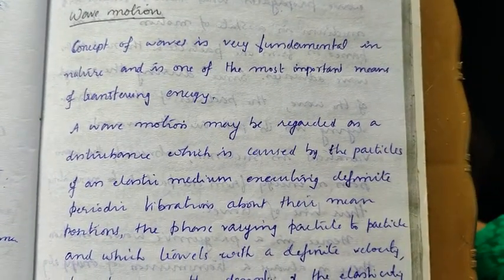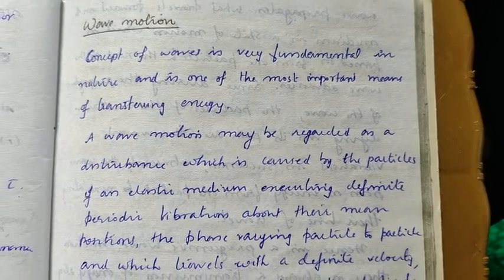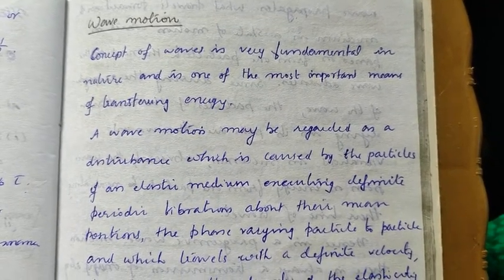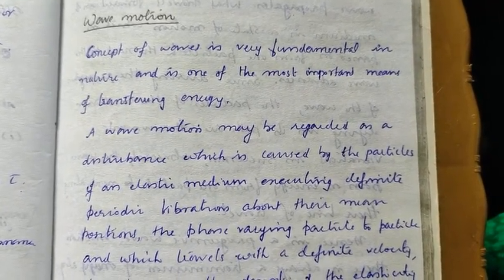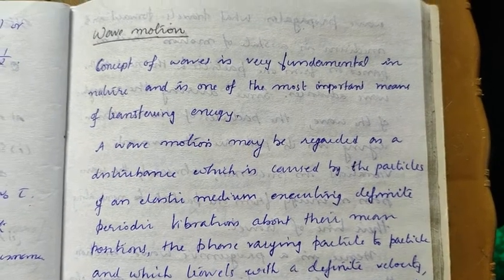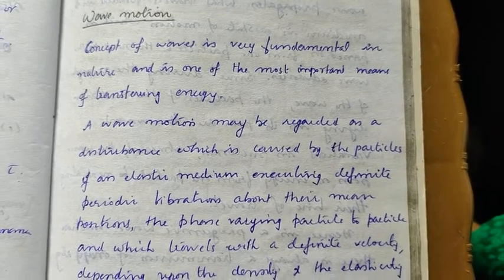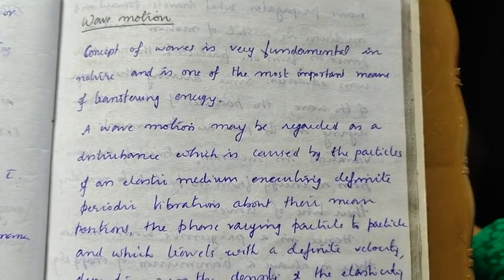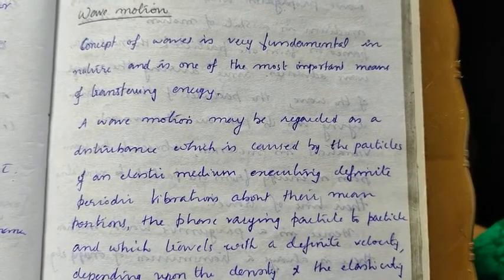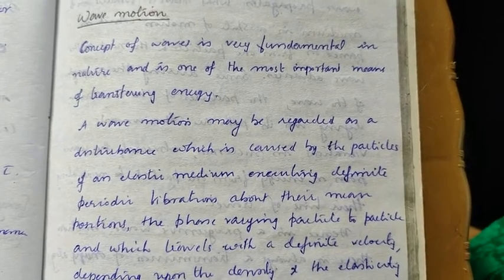So we have discussed simple harmonic motion, the simple harmonic oscillator, the anharmonic oscillator, the damped harmonic oscillator, etc. in our last classes. So the oscillatory motions are over. Now we will discuss wave motion. So what is wave motion? It's a familiar concept of nature